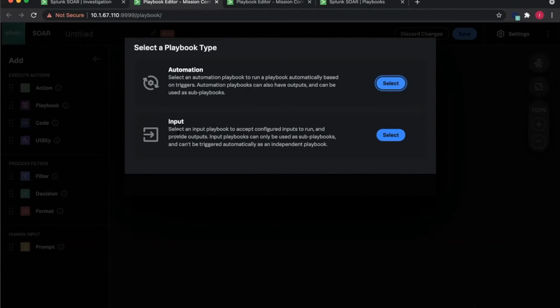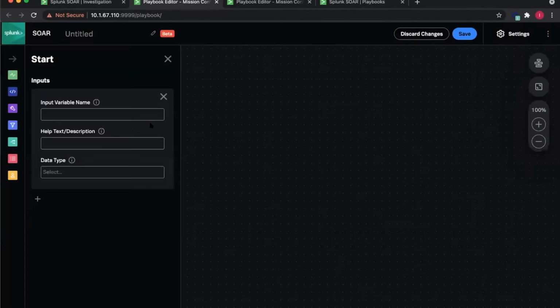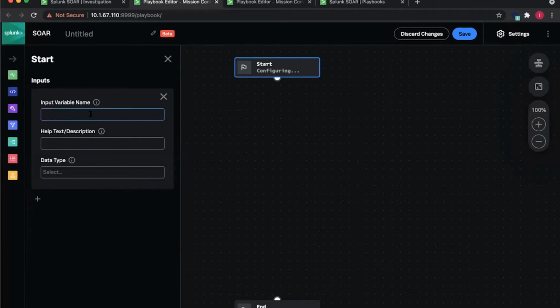And the input type playbook is the new playbook that we've been talking about. This is a playbook that accepts specifically defined input parameters and can be used for modular use cases or modular playbook design. So I'm going to hit the input playbook type, and we're going to go ahead and come to our playbook canvas. And the first thing that we'll see here is that we're being asked to create an input